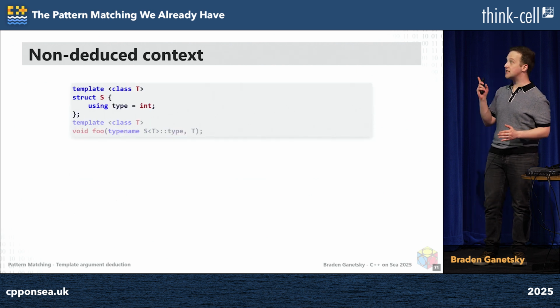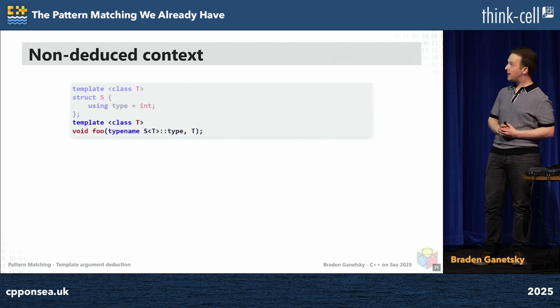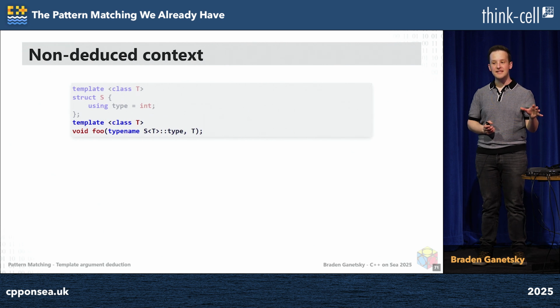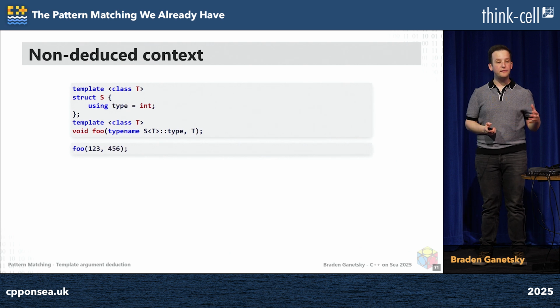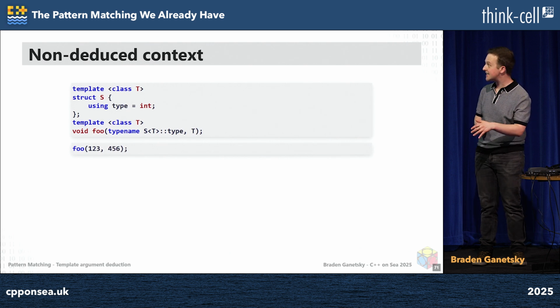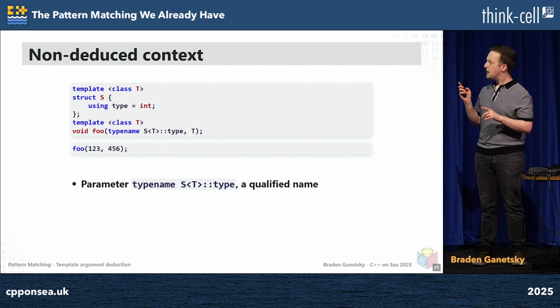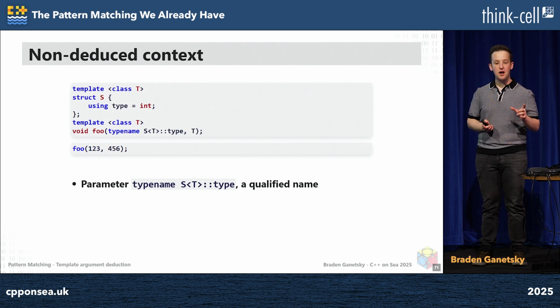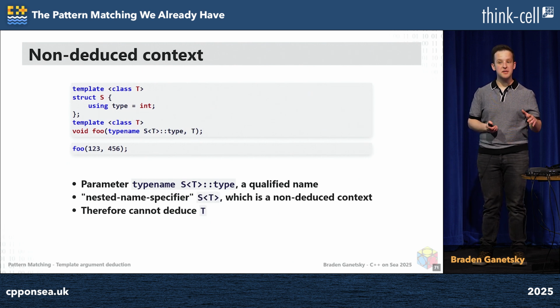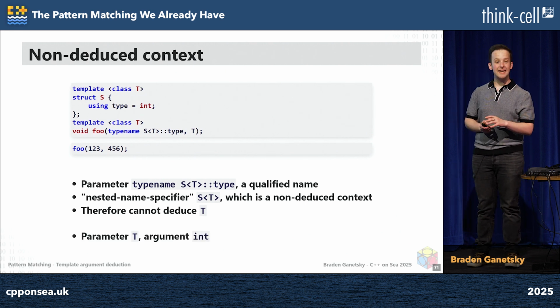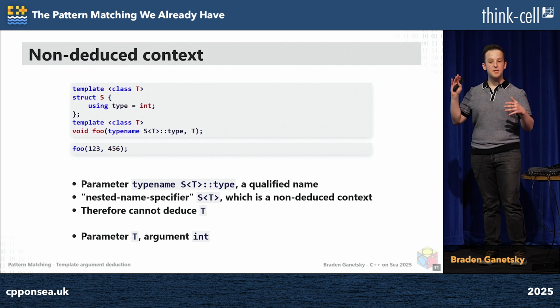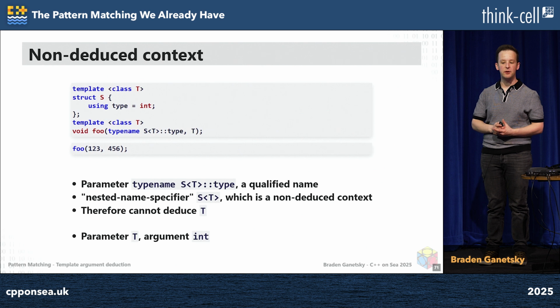But now what happens if we have the same struct template, but now in the function template, well, we have that non-deduced context on the left side, but the right side we take a T. So in this case, now if we try calling foo(123, 456), now this will probably work. Because the first parameter argument pair, we go through the same steps and we cannot deduce T. However, the second parameter argument pair, the parameter is T, the argument is int, it's deduced, we're all good. All of the template arguments have been deduced, there are no conflicts, we have succeeded with template argument deduction. Great, therefore T is int.